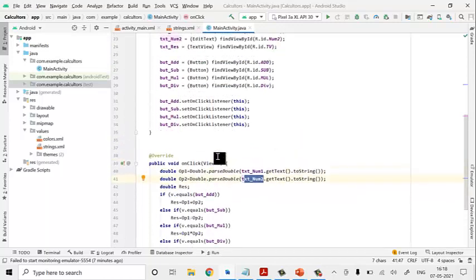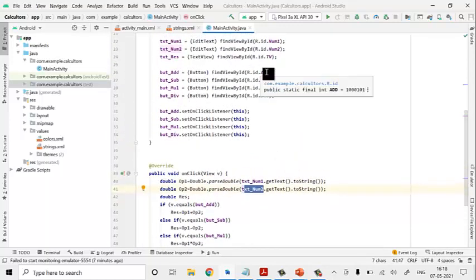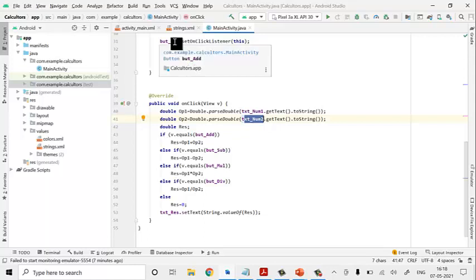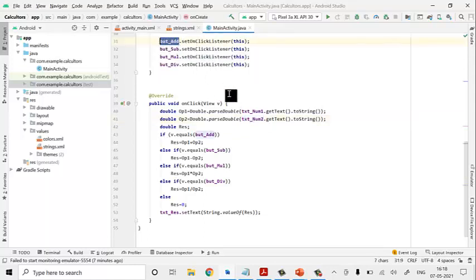Here is the ID: when I click on that particular button, any one of them will be activated. If I click the add button, automatically but_add will be activated and stored in this v. Now v.equals(but_add): if it is equal, it will come up with an addition.